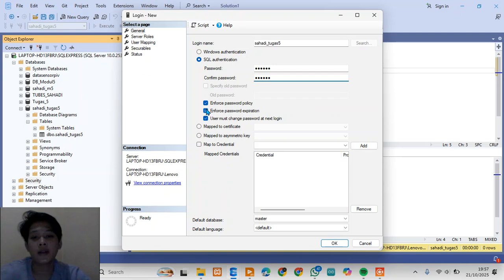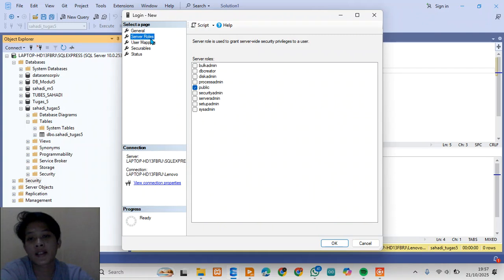Enforce password expiration, I uncheck, and enforce password policy, I uncheck, and I set the server roles.